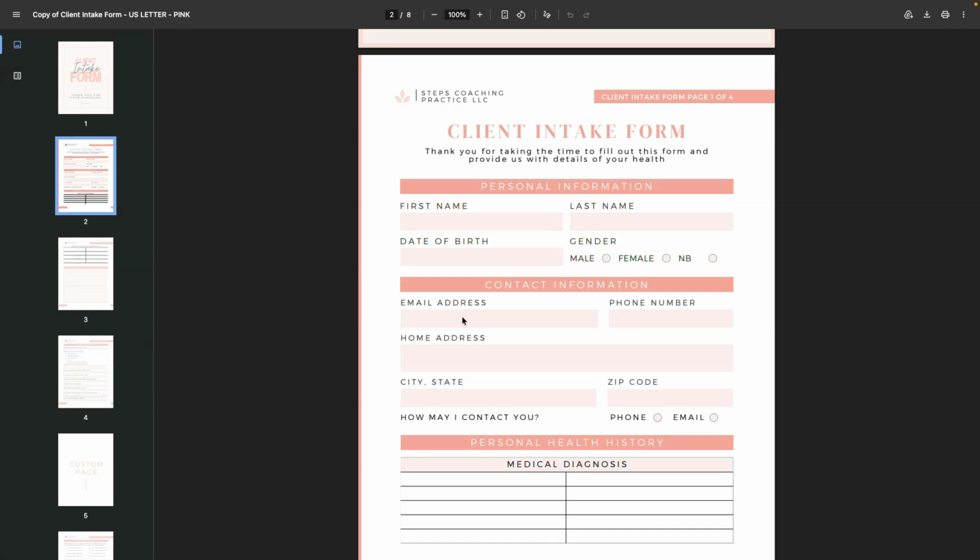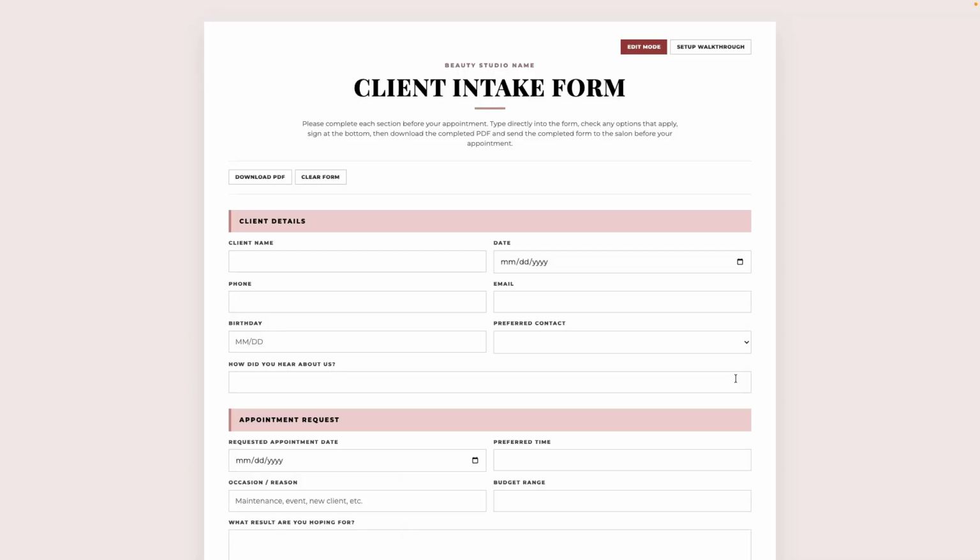Now, this has some challenges because as you can see, this form is not fillable. And if you want to make this fillable, there's an additional step that you have to take, which is to import this into another program like Adobe. There's some free programs out there that you can use, and this will allow you to make it fillable. And then you send it to your client and they can type in their information and send it back to you. All right, so I had to show you that just to give you a little bit of perspective